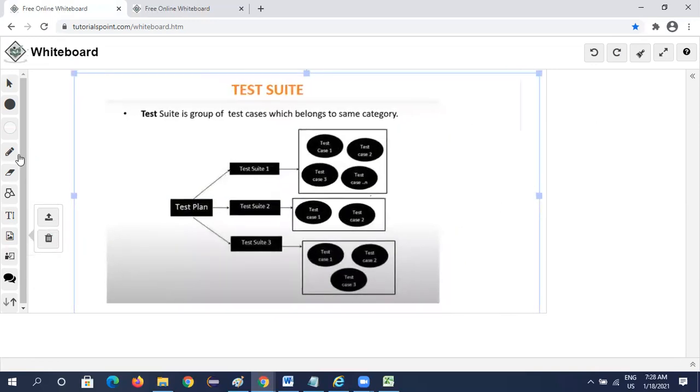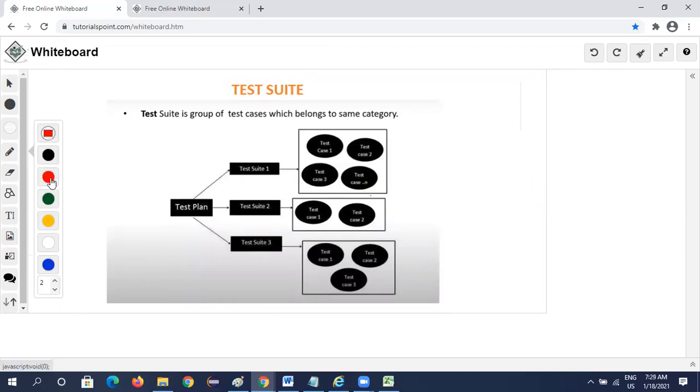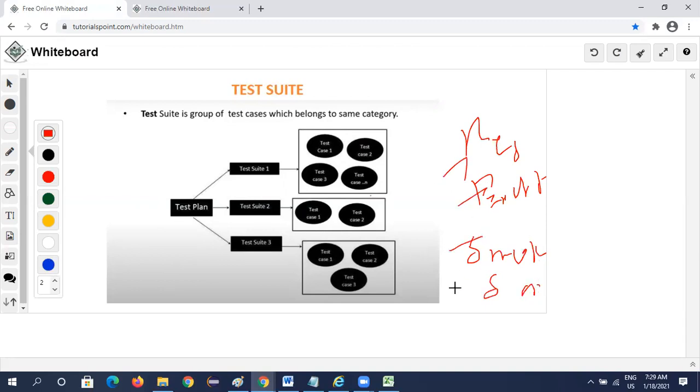In the execution part, we run different types of tests: regression, end-to-end testing, smoke test, sanity test. For all of these, we have a particular set of test cases.